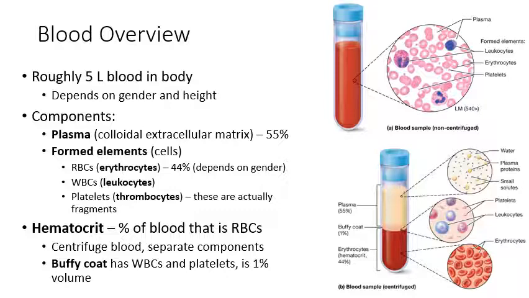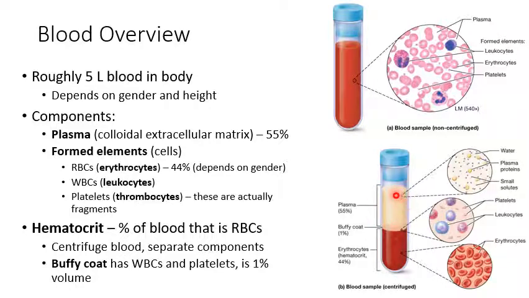Everything that's heavy is going to end up at the bottom of your tube. Everything that's light is going to end up closer to the top. So here's your blood sample, and after it's been centrifuged, it would look more like this. The heaviest stuff in there is the red blood cells, so those all end up at the bottom. Then at the top you have the lightest stuff, which is the plasma and all the stuff, the liquid and